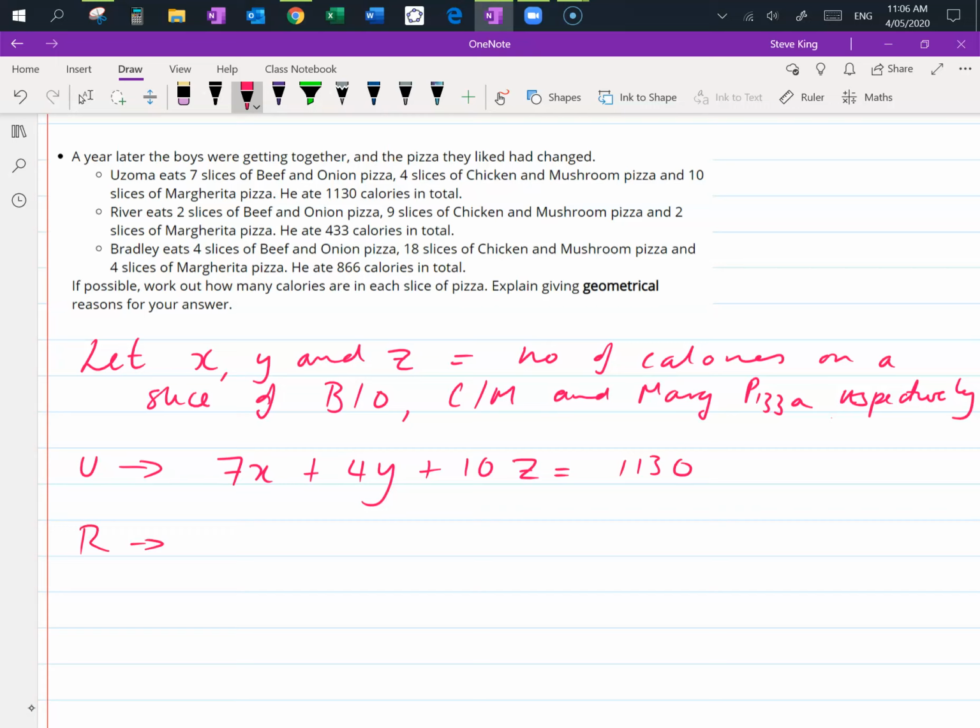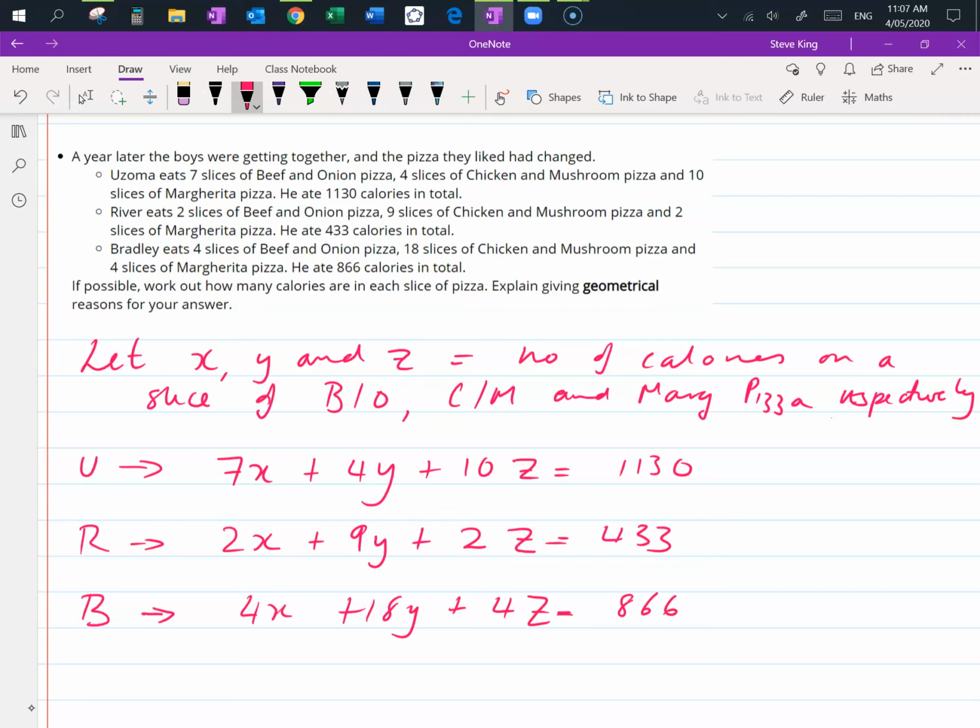River has got the equations 2x plus 9y plus 2z equals 433, and Bradley has got the equations 4x plus 18y, my goodness, plus 4z equals 866. So here we have equations A, B, and C,